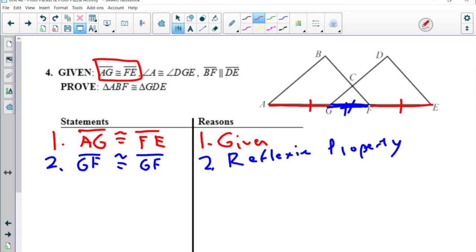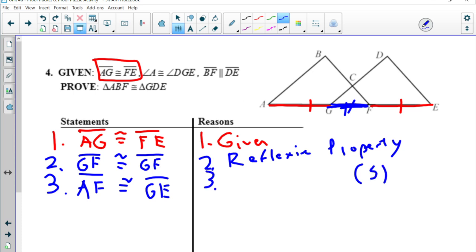So I've got this pair of sides being the same, those two pieces being the same, and then I have that missing piece that is the same as itself. So therefore, the entire things are the same. A to F congruent to G to E. Okay? A to F congruent to G to E. And so for my reason, now I have a pair of sides. For my reason,